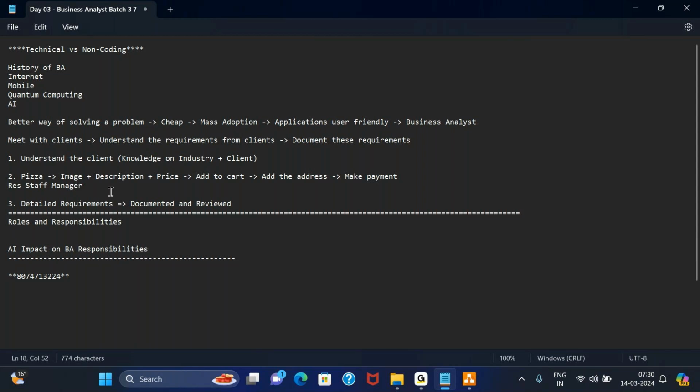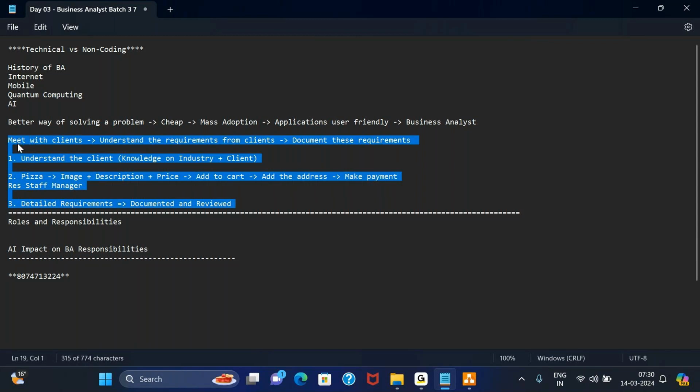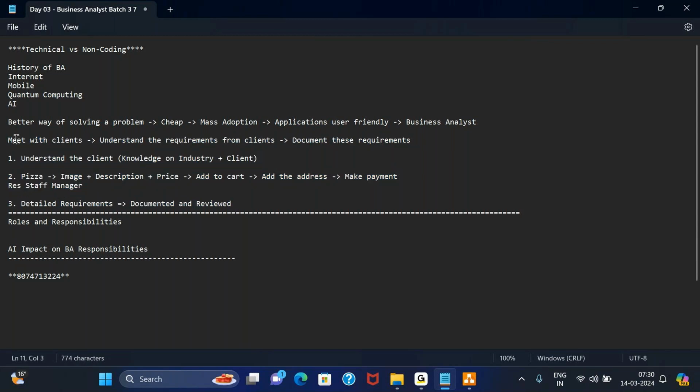After coding, testing, and all those things will happen, which throughout the course we will understand what an SDLC, or a software development life cycle is, how software is developed, and what the different phases involved in software development are. Now, based on this example that we studied, we can pick up the roles and responsibilities that the business analyst is actually performing.